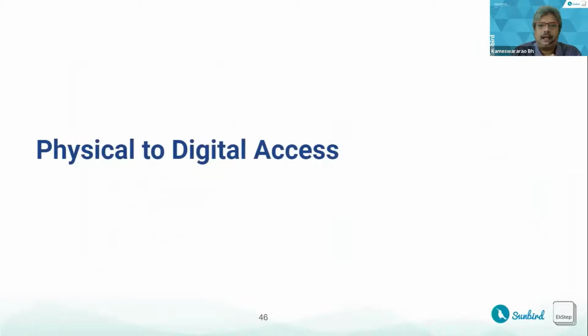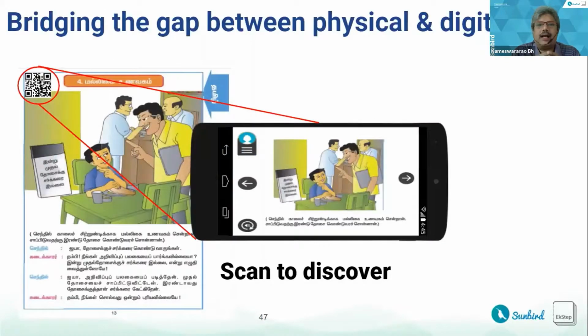Last but not least, this is, I think, probably one of the quite unique features that Sunbird enables, which is accessing your digital assets through physical, right? Just again, going back to the menu analogy, just think how many times you have seen some item in the menu which you don't have a clue of, right? How do you know what it is? Just imagine you had an app where you scan the menu item, it shows how it looks and tells you what the ingredients are, right? So such kinds of possibilities are enabled. Sunbird supports things to enable that.